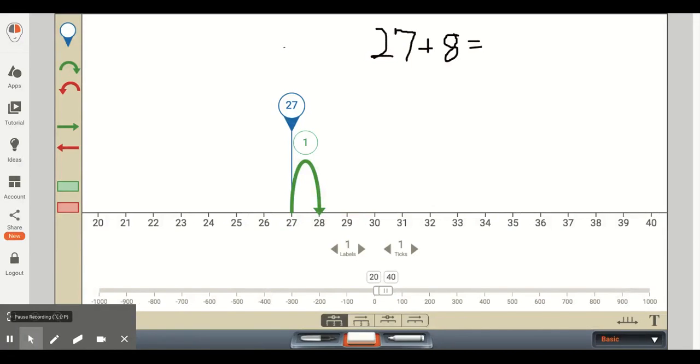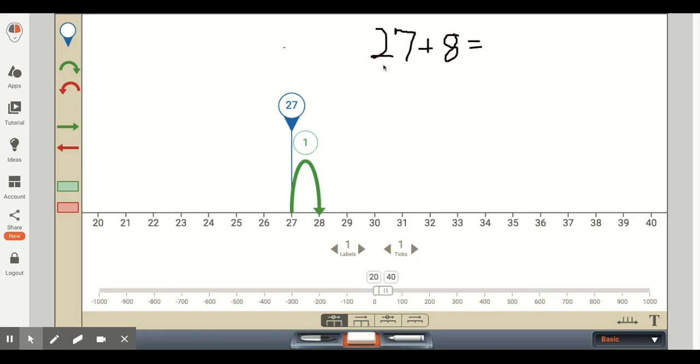I'd like to look at the number line for also adding two-digit numbers, but before I do, I'm going to look at adding a two-digit number with a one-digit number, just to make sure that our first graders are adding this one-digit number correctly. And then in the next slide, we'll go on to the two-digit numbers adding together.